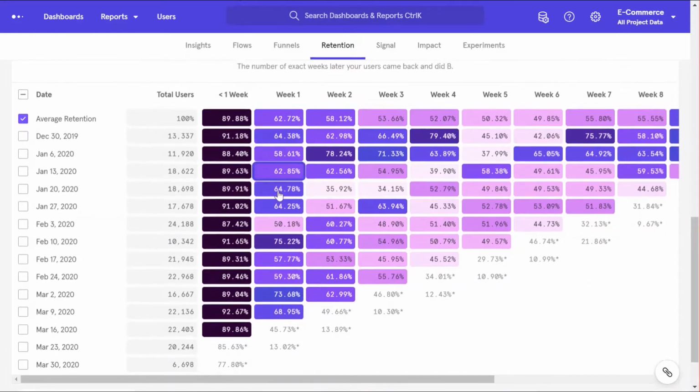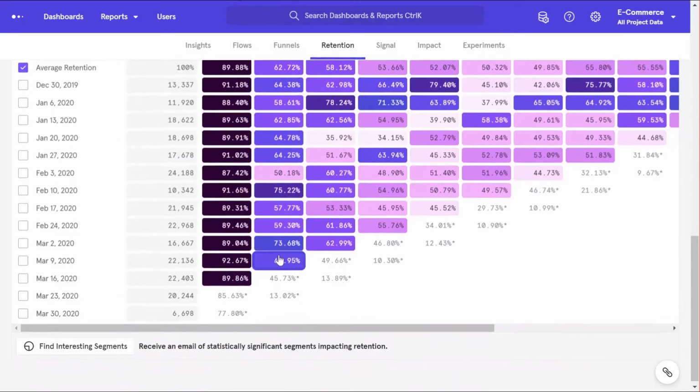Remember that each of these columns represents relative period. So when we say week 1 here, this is relative to when the first event occurred, in this case when they were acquired. In terms of calendar weeks, each of these is different. If you want to look at the same calendar week, the place to look at are these boxes along the diagonal lines. So all the boxes along any diagonal line is same calendar week.